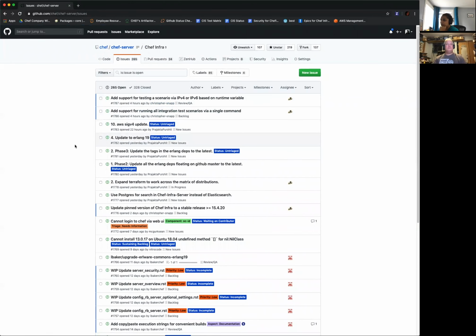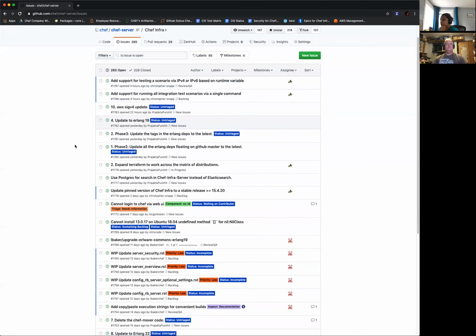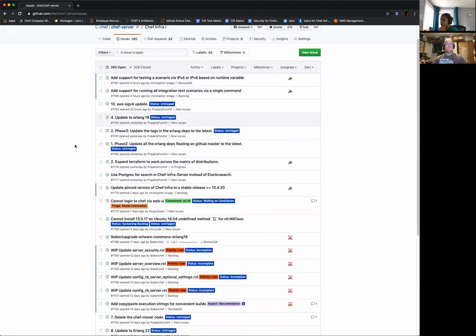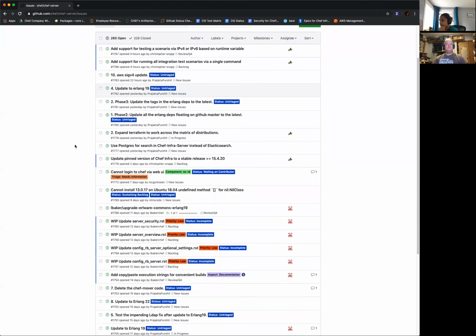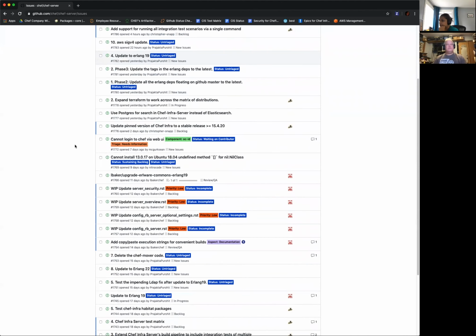Let's go to the issues. Again, there are a lot of internal issues here because we are using GitHub to track the work that is being done for this project. So I would like to scroll down onto any new issues that have come that we might not have tagged.